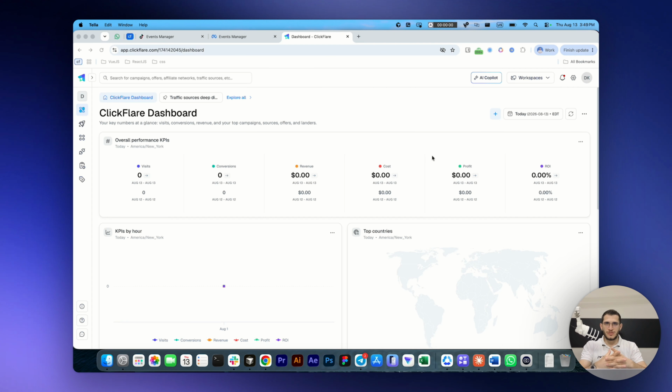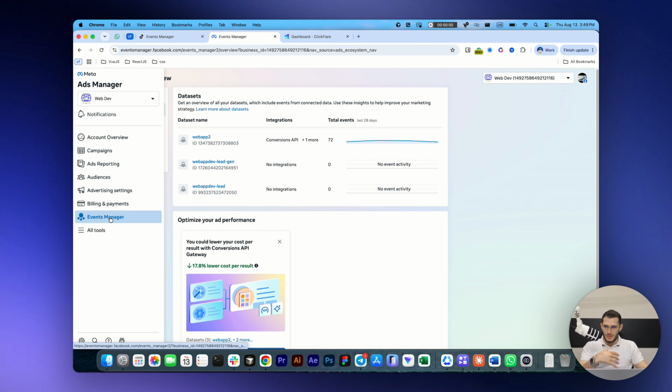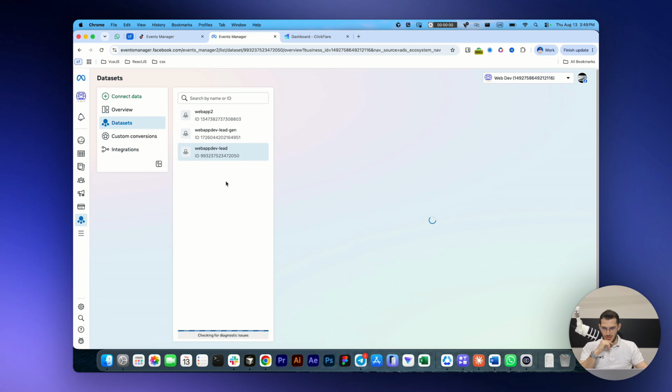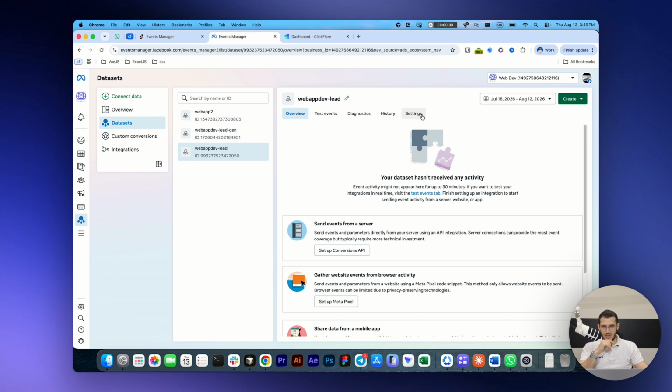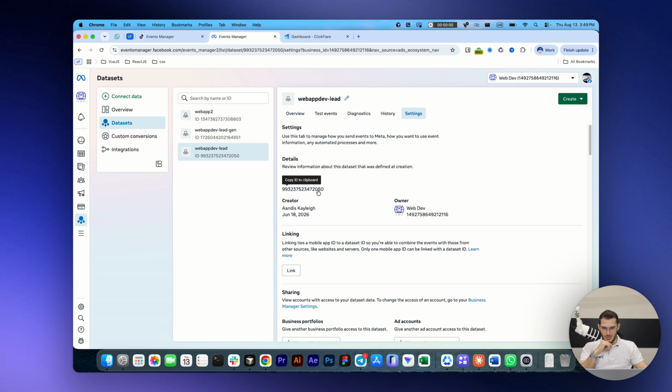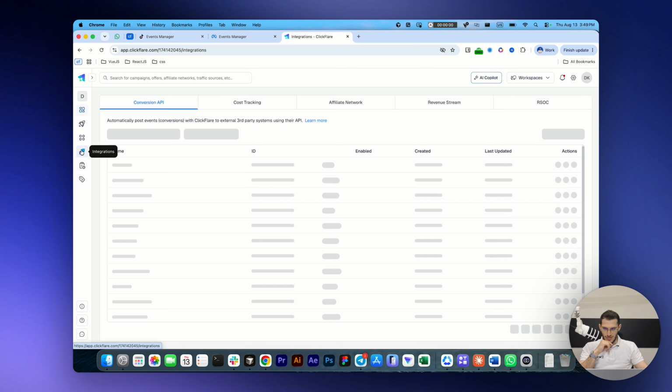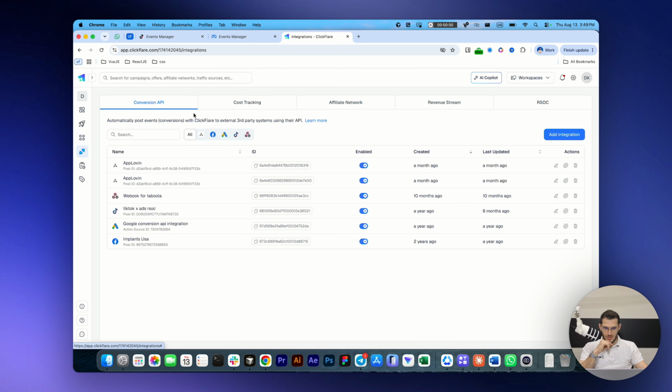First, you need two things from your traffic source: your pixel ID and your access token. Now for Facebook, we need to go to Events Manager, right here. Then we go to Overview, we select the data set that we want to add in Clickflare. So let's say this one here that doesn't have any activity. Then we go to Settings. Here we get the dataset ID, copy this one,